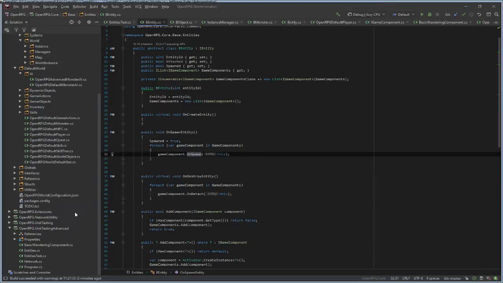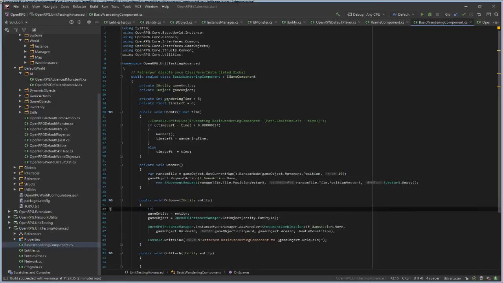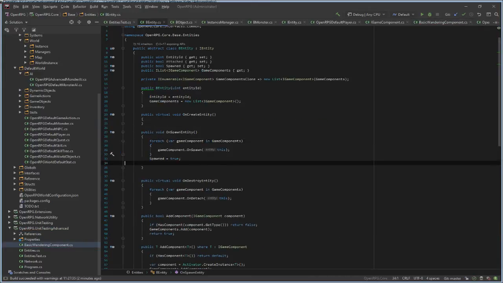And in my basic wandering component, I just do this. See if entity spawned. Oh, not here. So I just assign this after calling the onSpawn method on all my game components.